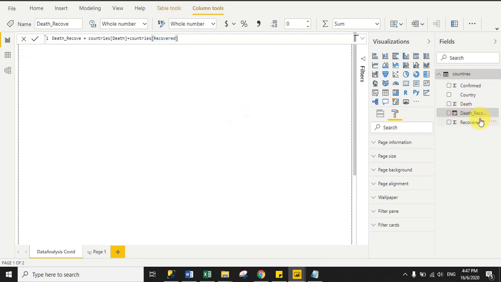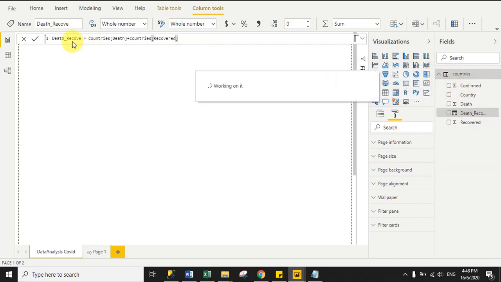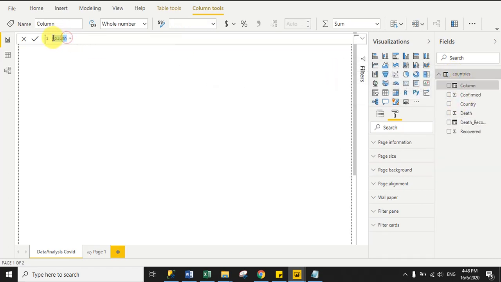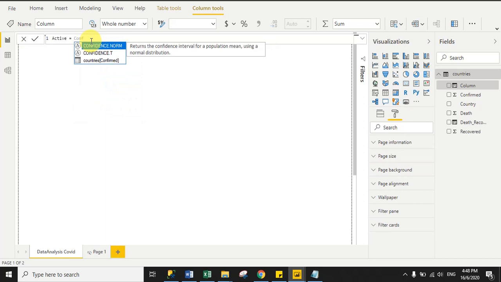So you can see here we successfully created one column, and this column is returning the sum of death and recover, right? Now we will subtract this column from total confirmed cases. So create one more column, and now my column name is active, right? And mention the confirmed column name.